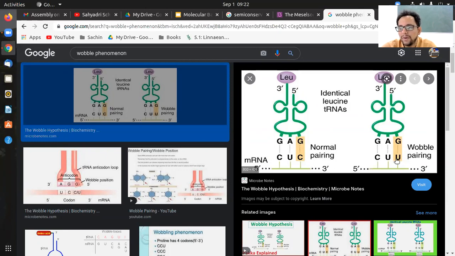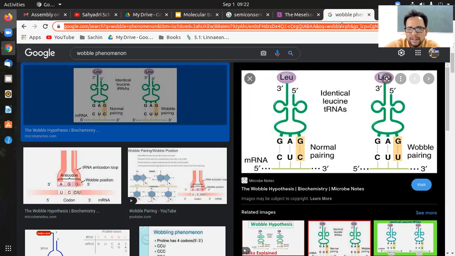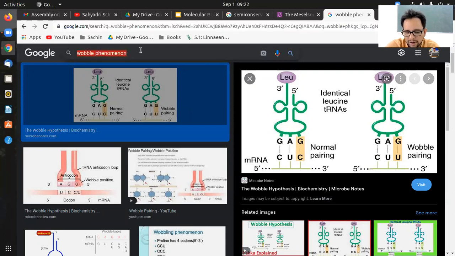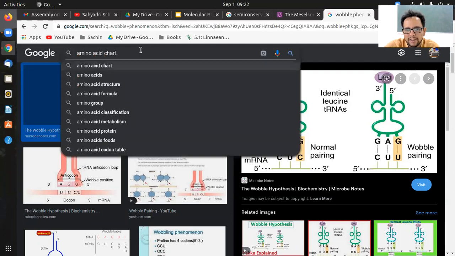And the reason for that to happen is because of the hydrogen bonding phenomena. We will talk about this in more detail when it comes to the protein synthesis part. There we have this detailed process, but as of now, just to make a statement, the last base is called wobble because it can connect to any other. And that is when we had looked at this amino acid chart, and we had discussed this as well.